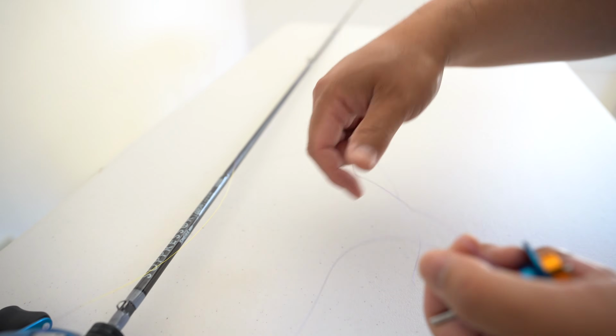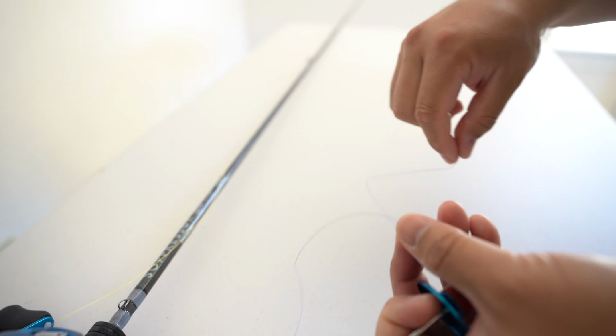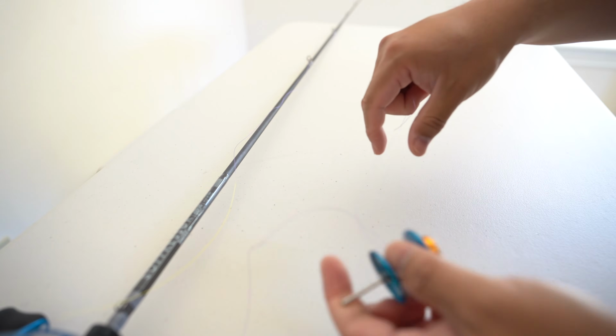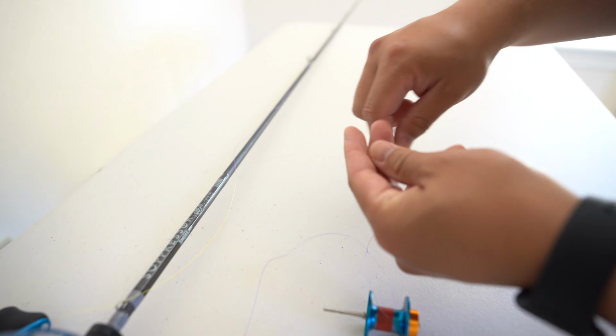So really simple knot to do. This is a knot I always use when I tie my spools on, just like that, under, just like that. There's my arbor knot. Make sure it's tight, just like so. Then I'm going to tie an overhand knot right here